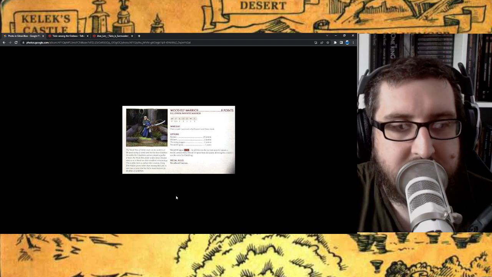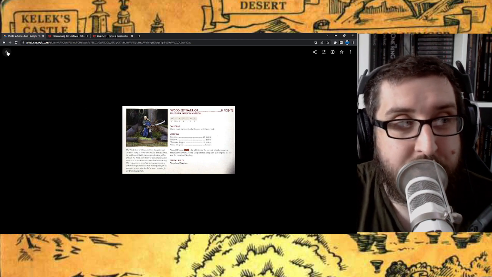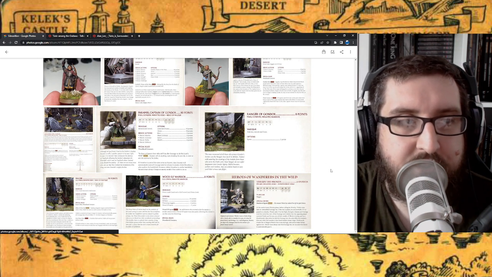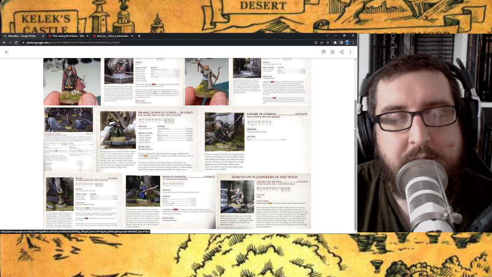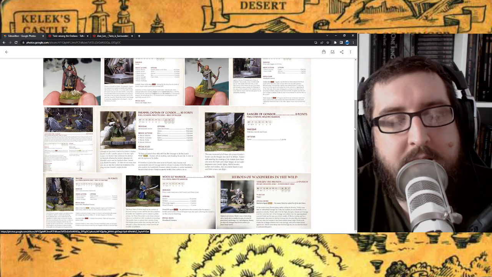They have Thrown Daggers and all that kind of thing. And also the models are really nice for the Wood Elf Warriors as well. So you could do some really fun stuff with that one. It would just come down to exactly what you wanted to do with the army, I suppose, in terms of